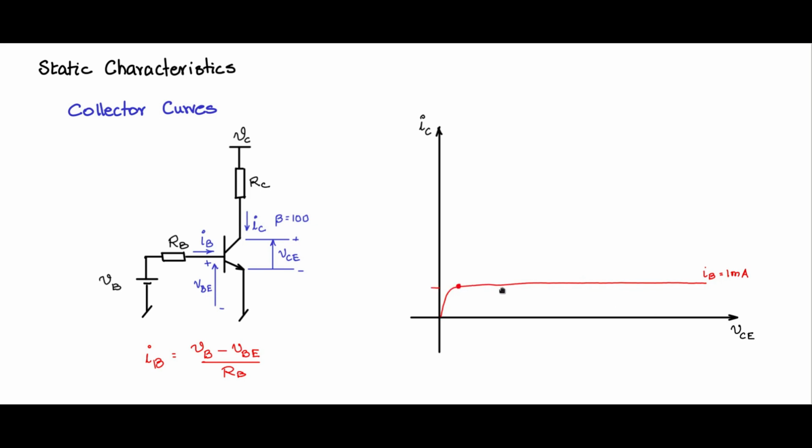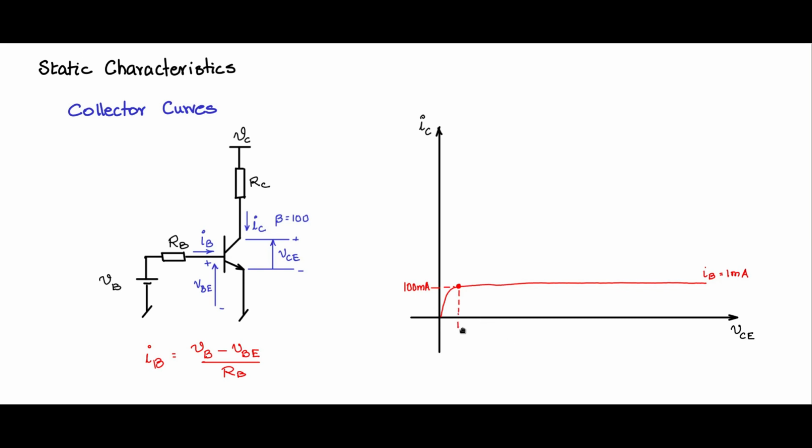So if I take a point here, you will see that the IC value here will be beta times IB. This will be 100 milliamps. So all those values will be values corresponding to 100 times IB. And this section I will tell you later. This is having almost a diode type of characteristic because of the base emitter junction here.